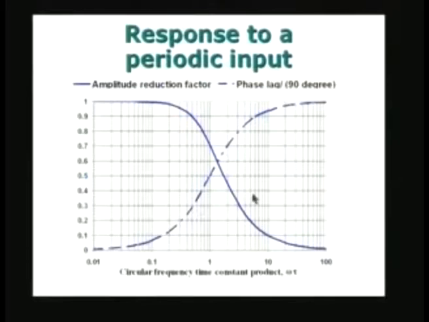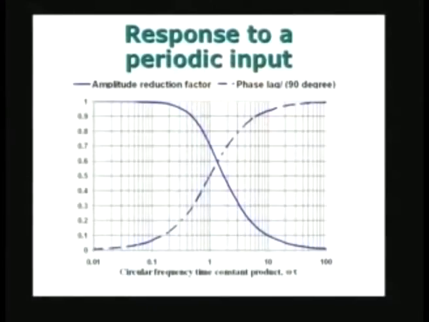So, to begin our discussion, let us look at the response of a first order system, a temperature sensor treated as a first order system. I am subjecting it to a periodic input in the form of the function Ta cos omega t, where omega is the circular frequency and Ta is the amplitude. And initially the temperature of the system and the sensor are not the same, they may be different, and then starting from t equal to 0, for t greater than 0 we are going to input the sinusoidal variation of temperature of the ambient fluid.